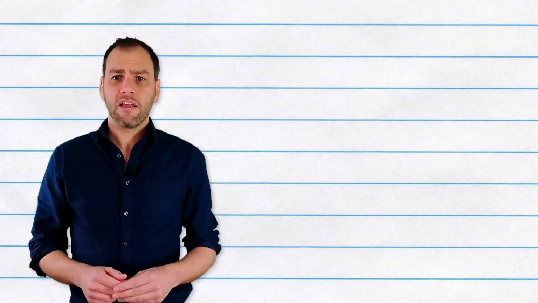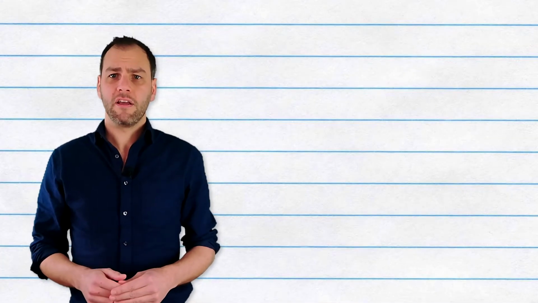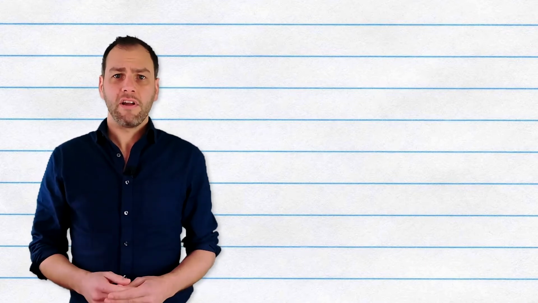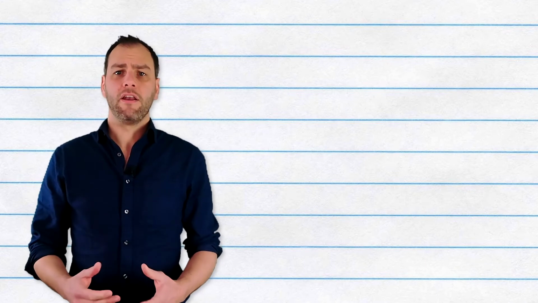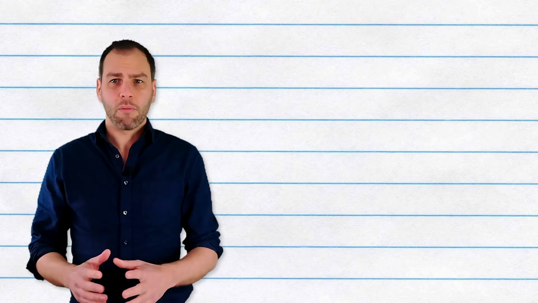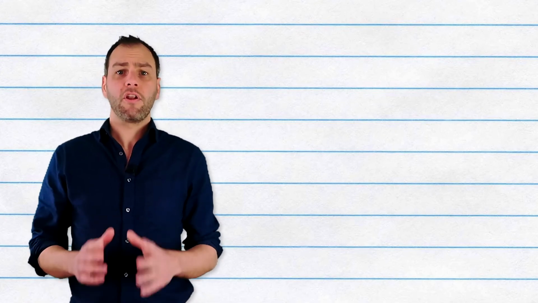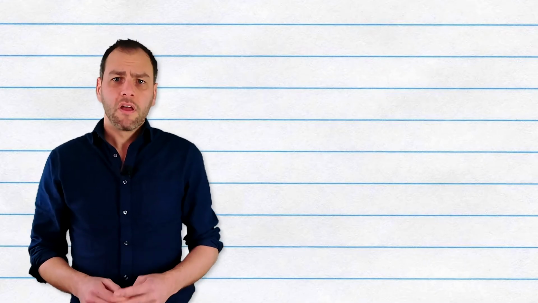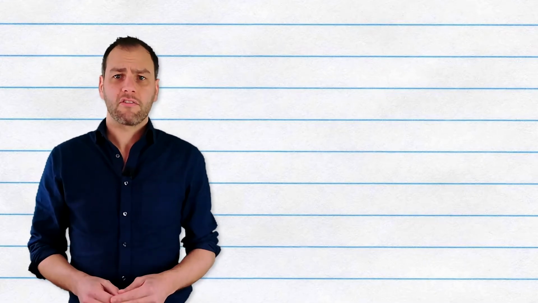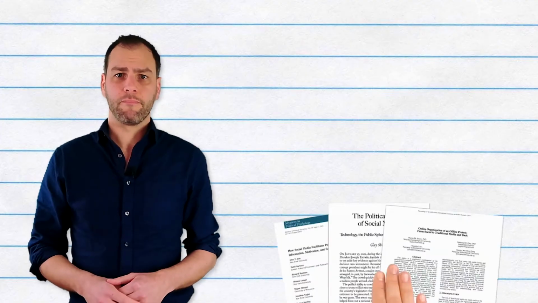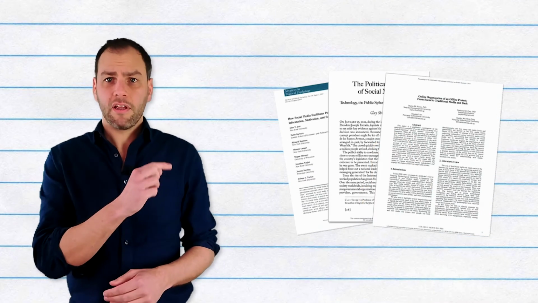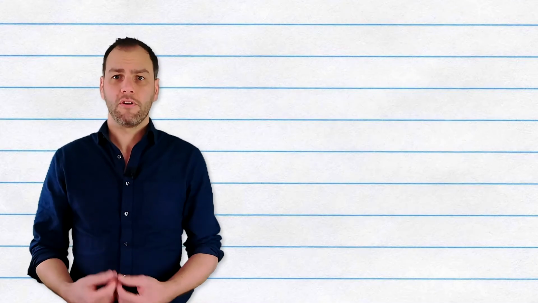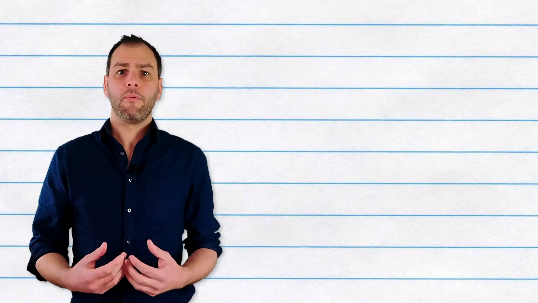Imagine I'm writing an essay about the use of social media in protest movements. I've done plenty of reading around the topic and I've made lots of notes. And now I'm ready to write. But I don't just want to describe each text, I want to synthesize them. So I start by finding 3 texts that broadly agree with each other. These 3 all write about how social media can be useful to protest groups, so I can put them together